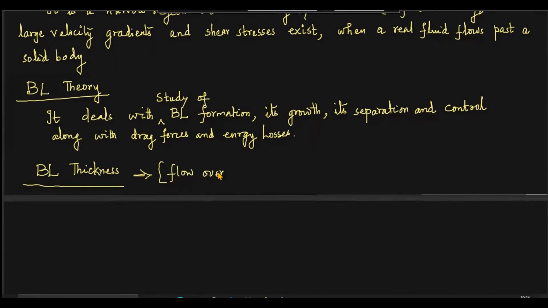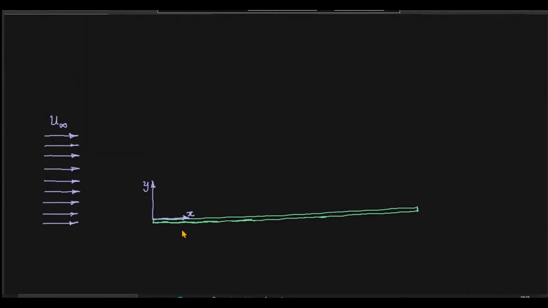of a real fluid over a thin flat plate. Okay, a thin flat plate, one of the very simple, or in fact simplest cases. This is basically a flat plate, a very thin one, and its length is large compared to the thickness. And here we have the edge at the front, facing flow, that is known as leading edge. This is leading edge, and here the rear one, that is at the back. So here we have the rear edge, which is trailing edge.